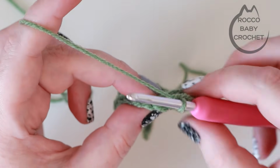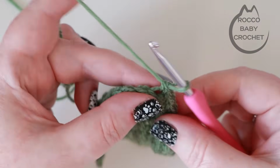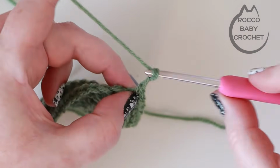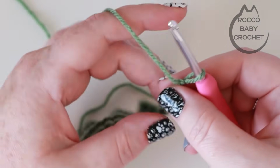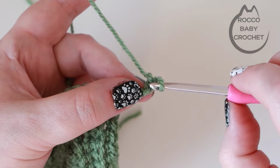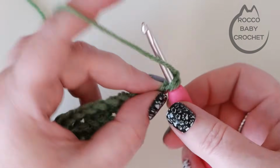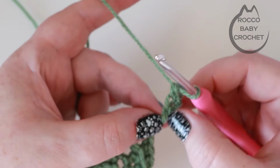We're going to make a little stem, so we're going to place 1 back loop only double crochet, then we're going to chain 4, 3 and 4, and then we're going to place 1 double crochet in the second chain from the hook and 1 UK double crochet in the next 2 chains,